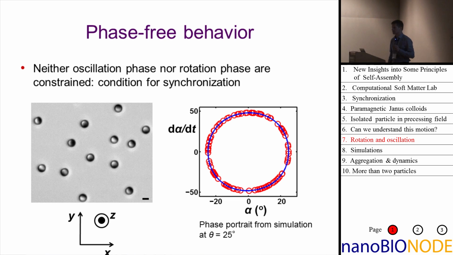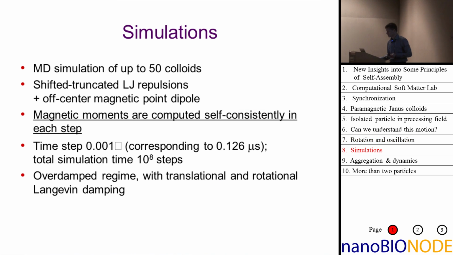So what do we have here now? Now it gets interesting. We have particles that oscillate. We have particles that have a certain degree of phase freedom. And we have particles that carry a magnetic moment that allows them to interact with each other. So what happens now? To clarify that, we started to do simulations. And if you have some experience in simulations, then you might frown or laugh or wonder about these numbers. 50 colloids only. People now do simulations of 100,000s of particles.